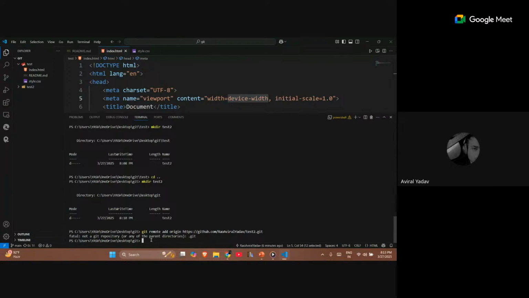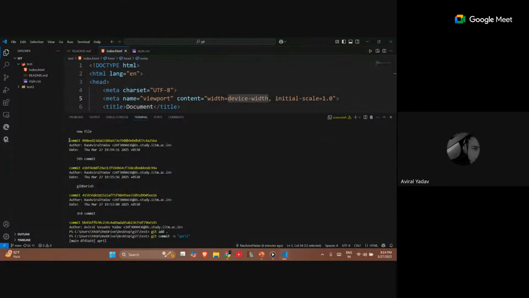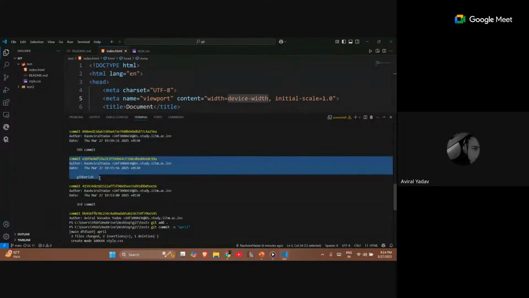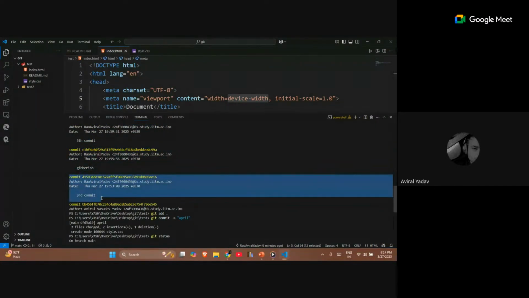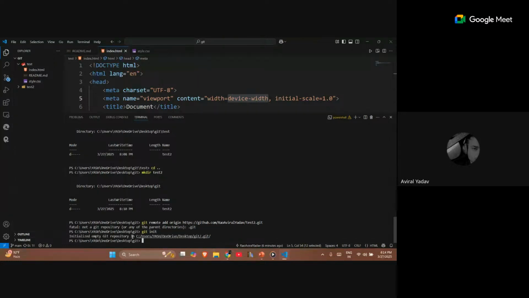What I mean is that the major difference between a normal folder and a Git folder, which is called a repository, is that it has save states. For example, the commits that we had earlier. As you can see, it keeps track of all these commits within. So this is what we call a Git folder. A normal folder cannot have all these save states within it. To do that, we have a simple step called git init, which initializes an empty Git repository.